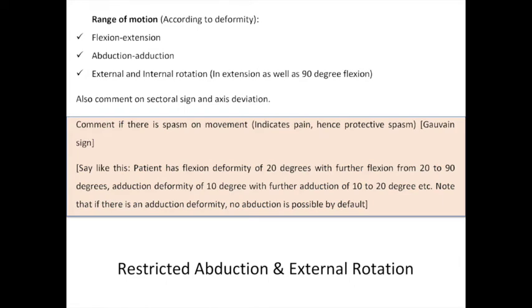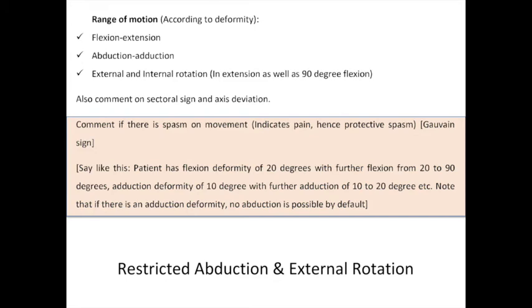So please, when you do your movements, it is not a bad idea to request the patient to do it for you first, and then you do it on the normal side, and then you come to the abnormal side, and always be very watchful about any spasm or crepitus being elicited. This would be very important when a pain is associated, any surgical intervention is done, you're expecting maybe arthritic changes happening, or there is an implant inside which could be migrating in the joint. So you need to be very watchful about the crepitus and the spasm.